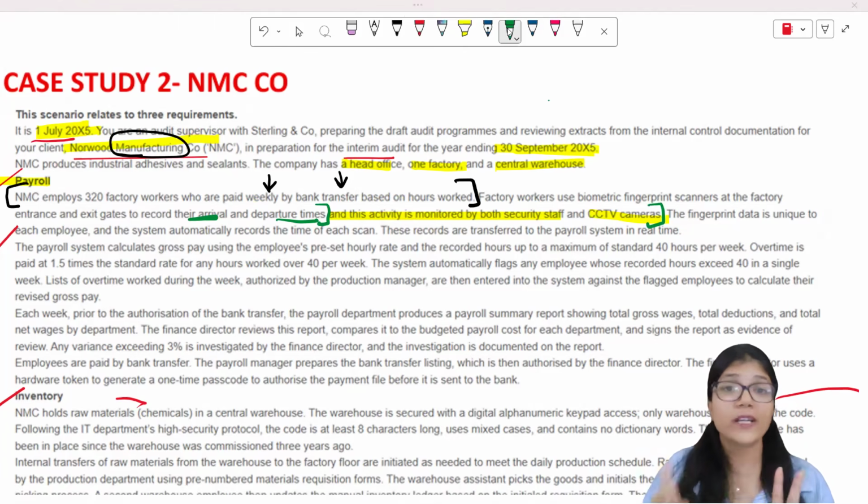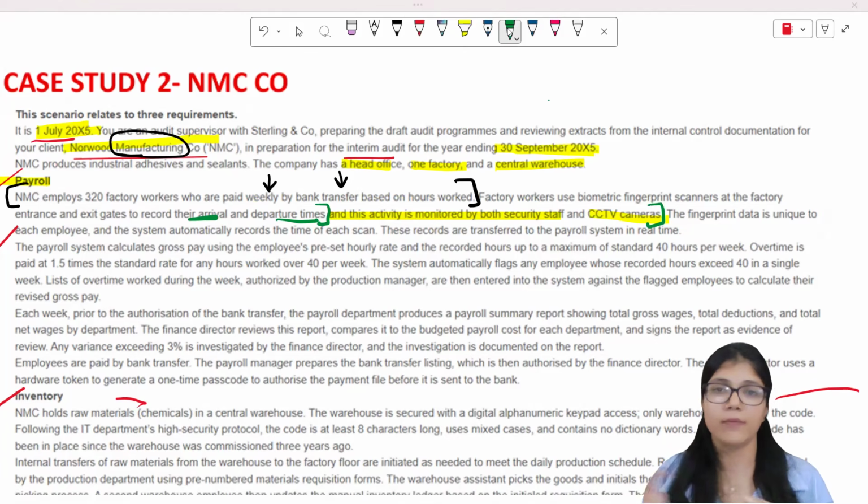Nothing will happen. No fictitious employees, because it is also getting reviewed by the CCTV camera and security guard. Correct? So two things are happening. One, there are not going to be fictitious employees. Plus, I am only going to pay them for the hours they have genuinely worked. This reduces the risk I talked about earlier, that your friend cannot log in on behalf of you, right? So that is very, very essential. Because it is monitored by the security guard and cameras are also there, that ensures that employees are logging in for themselves and are not clocking in for somebody else.